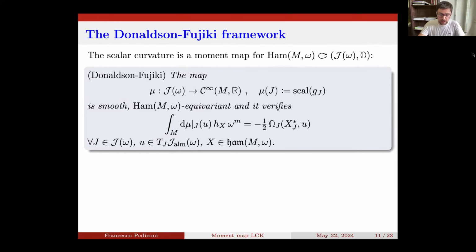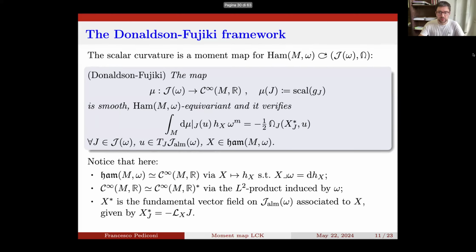I don't remember. Okay, so in particular, this equation tells you that if you take the L2 pairing induced by omega of the differential of mu with a Hamiltonian potential h, this, up to a certain constant -1/2, turns out to be equal to the contraction of x star with the tautological Kähler form bold omega.